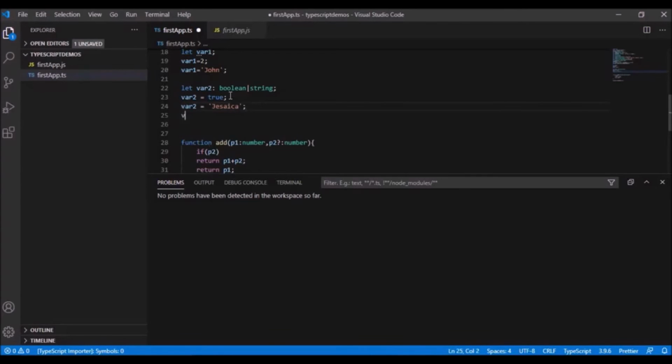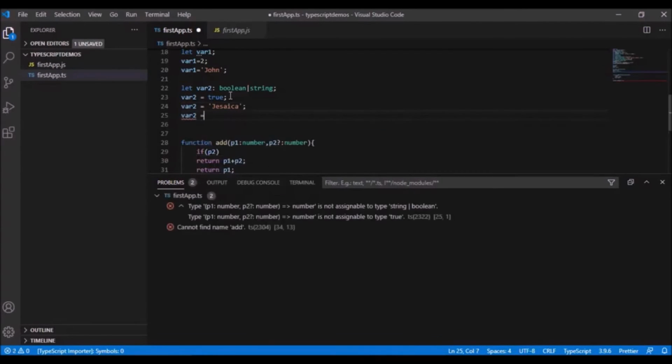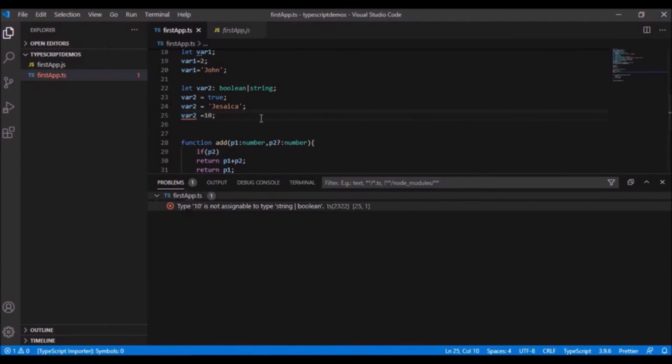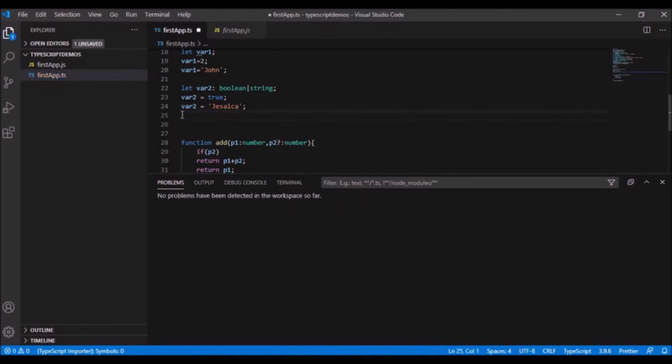But can it hold a value of 10? Let us see. No, the compiler does not allow it, right? So this concept we call a union type declaration. Okay, simply say let and then variable name and then colon and then give all the expected types separated by pipe, right?